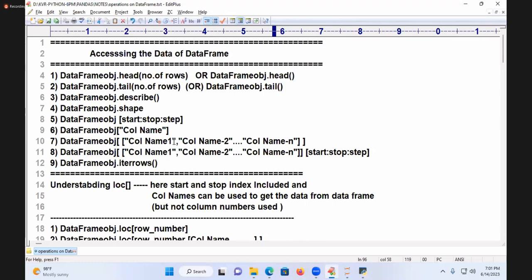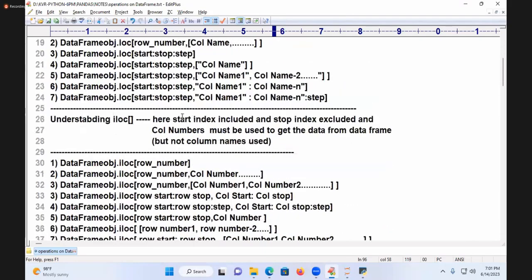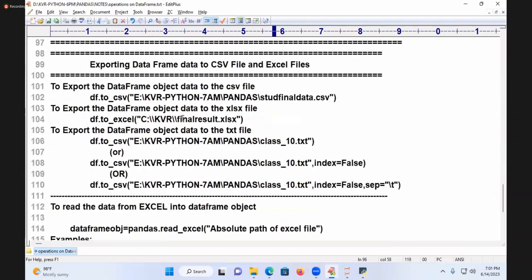Now I'll go to some more advanced concepts in Pandas itself. Some more advanced concepts I will go for. Online students, up to here, is it clear? Now,